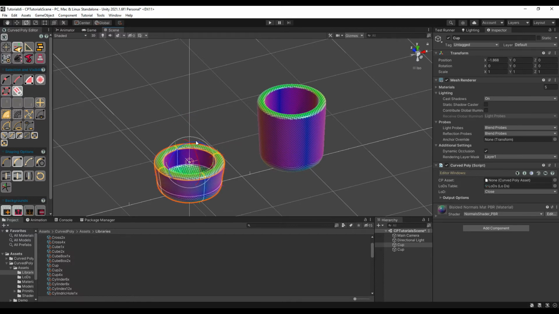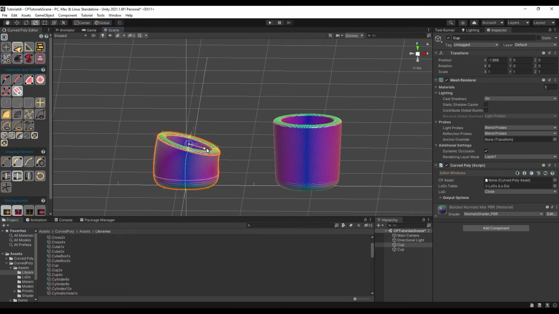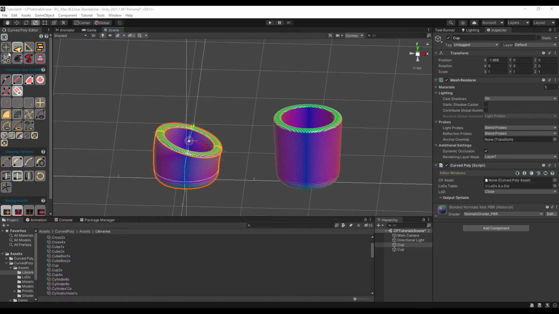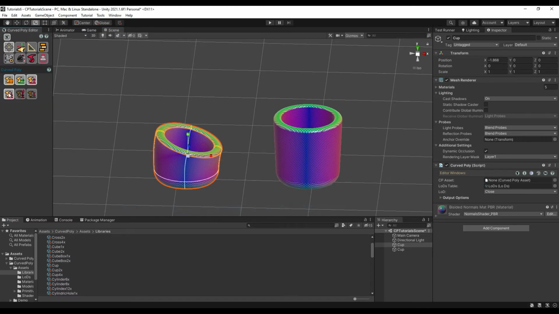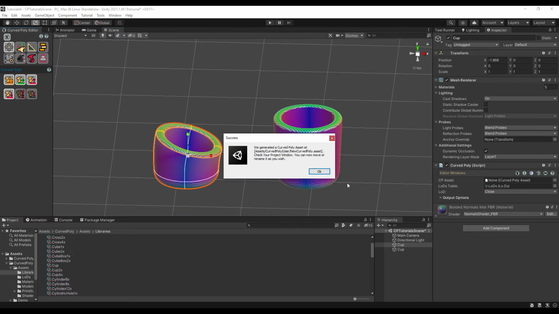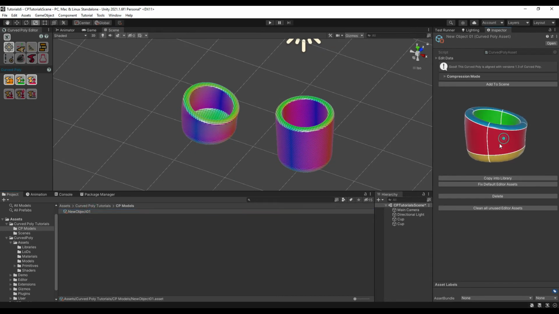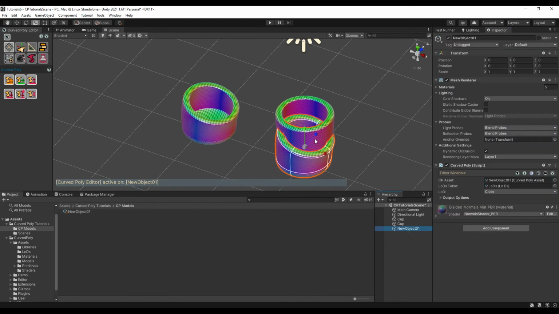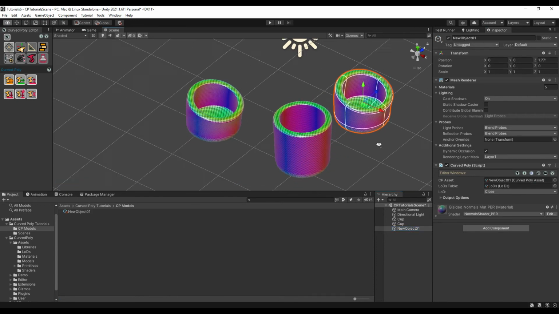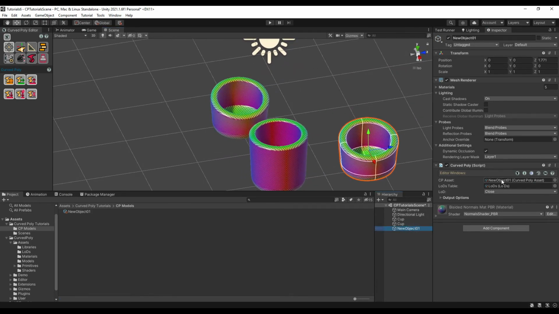Let's say we have made some changes to our model and we want to store the changes in a new asset. Let's move back to GameObjects tools and save. A new asset is generated with a random name, but you can move it where you want and rename it as you wish. When you select the asset in the project, the inspector shows a preview of the model itself. Here we have a third way to add models to the scene, by clicking on Add to Scene. Add to Scene generates a new model with the same name of the asset added, and the new object is referencing it.